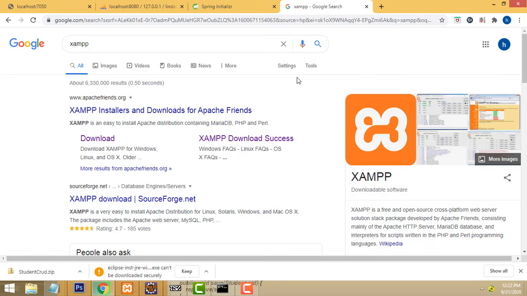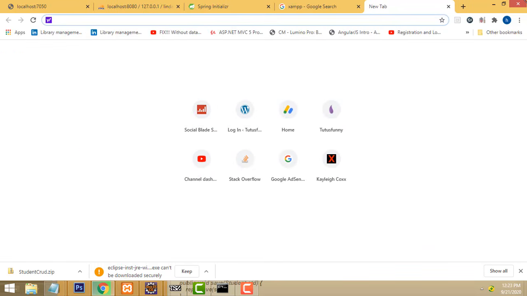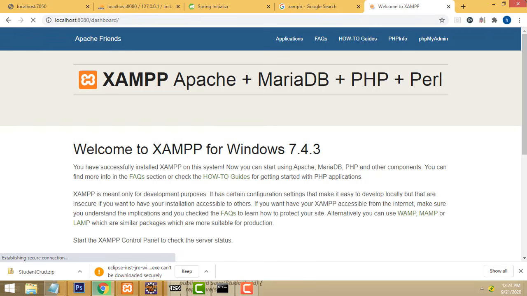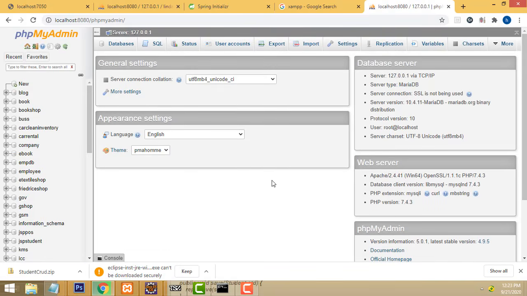I have installed and worked with XAMPP. It's no problem. I have worked with it for more than 5 years. It works perfectly well. So this is the XAMPP server I have installed on my machine. After installing it, you just go to localhost and the dashboard. Here we have to write phpMyAdmin, right? Okay, this is the thing we have to write.